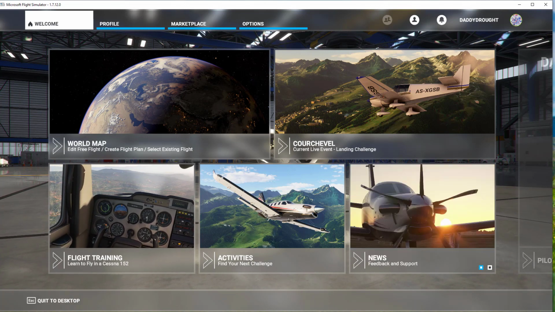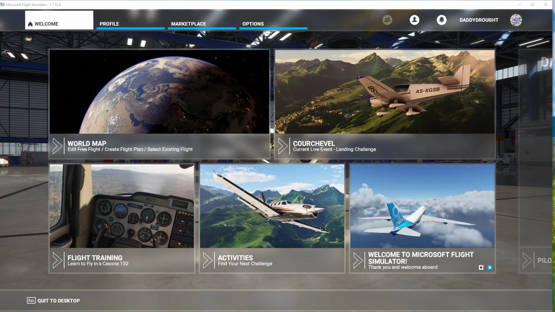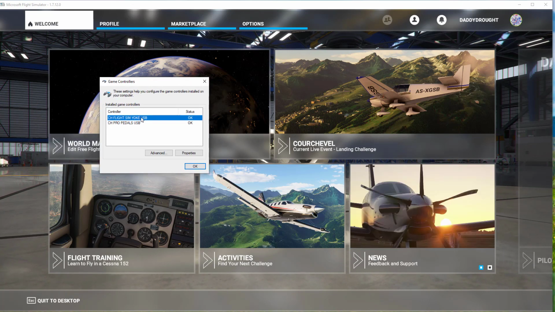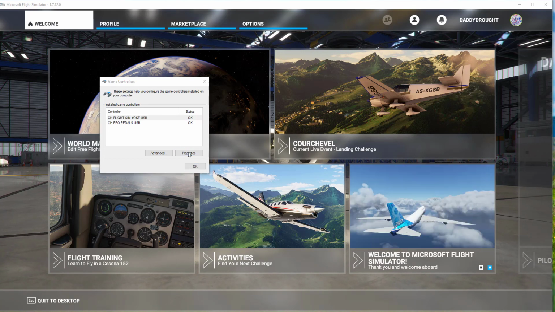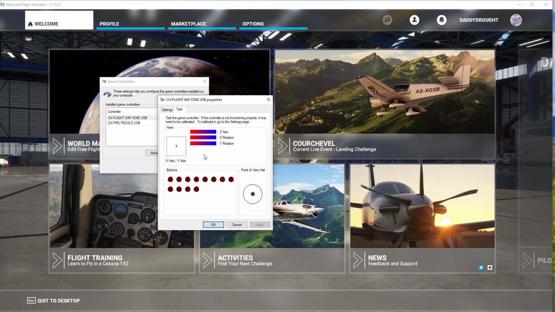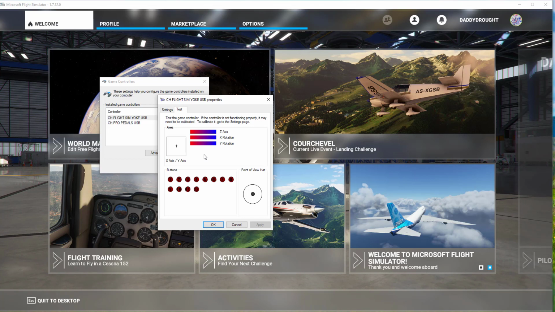So first, what you're going to want to do is search for game controllers, and a window like this will pop up, which will show your yoke and your pedals. If you click on each one and go into properties, it'll show this screen here, a test screen. As you click each button, it tells you what number it's assigned to. So you're going to want to click each button that you're going to use and record the number